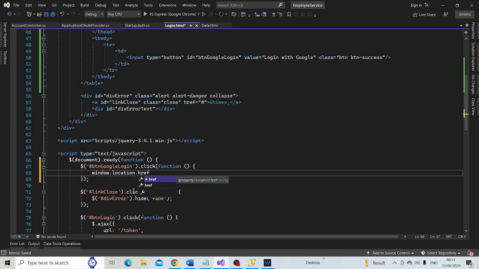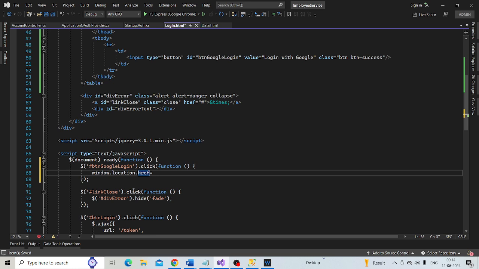window.location.href equals some redirection URI. So where are we going to get that URL from?